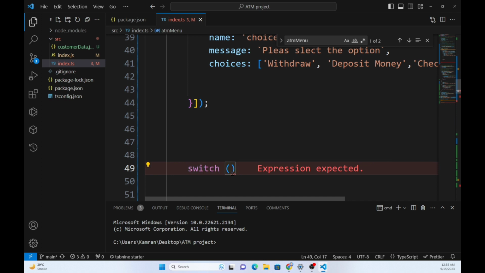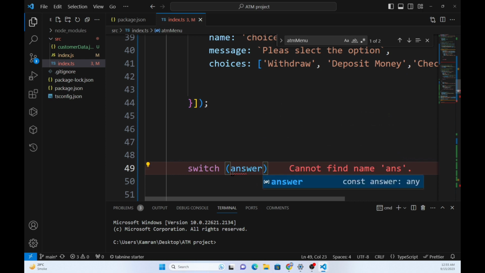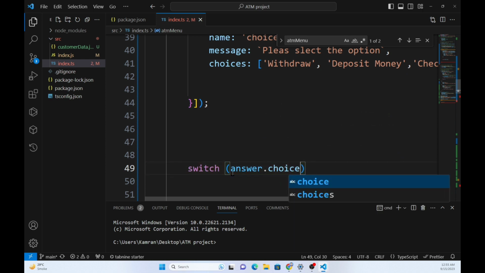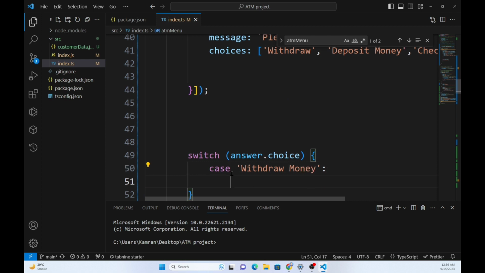It is the parameter, or we can read it as switch answer dot twice. So what would we do then? Case withdraw money, we will run